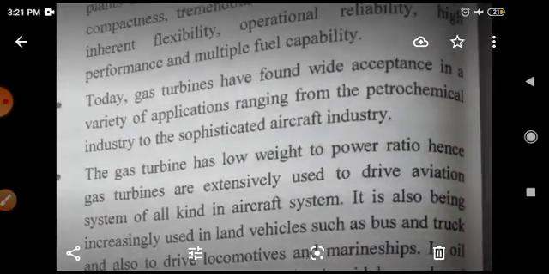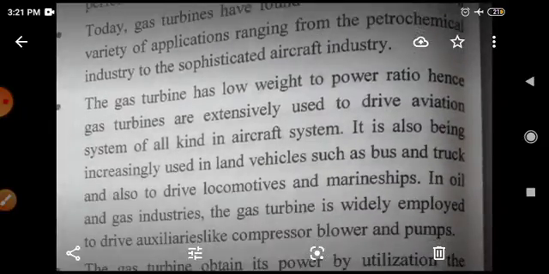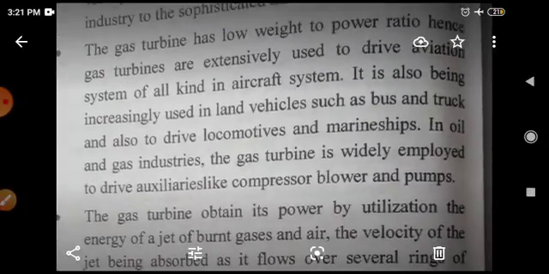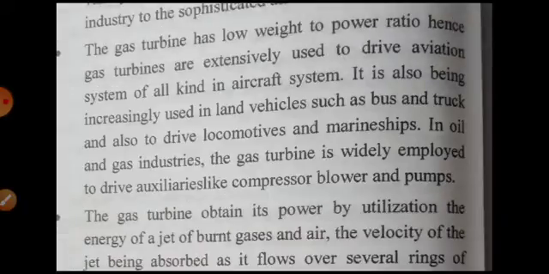The gas turbine has low weight to power ratio. Hence, gas turbines are extensively used to drive aviation systems of all kinds in aircraft. Then it is also being increasingly used in land vehicles such as buses and trucks, and also to drive locomotives and marine ships. In oil and gas industries, the gas turbine is widely employed to drive auxiliary compressors,